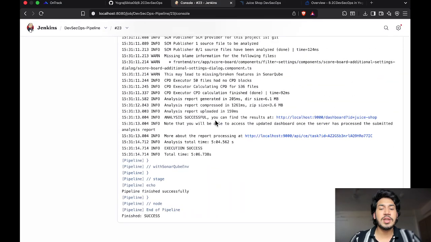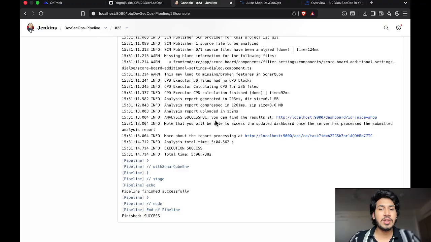After that, there is a sixth stage, which is the scan using npm audit. Here you can see it found 58 vulnerabilities in the Juice Shop application. Now this is the problem, so this proves the security scanning tool is working correctly and detecting real issues. And the seventh stage is SonarQube analysis. Here we got the execution successfully.